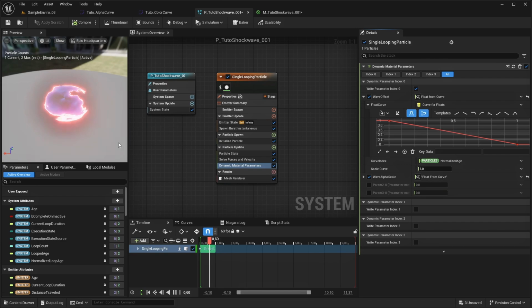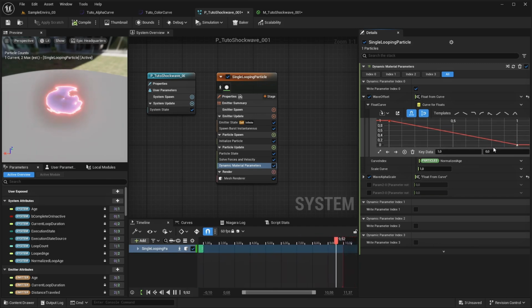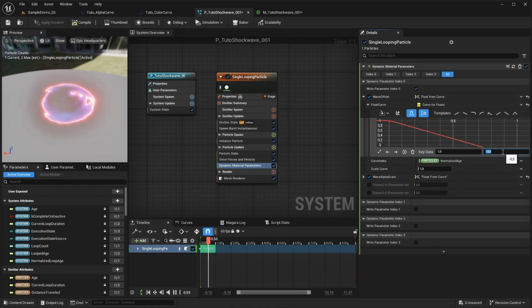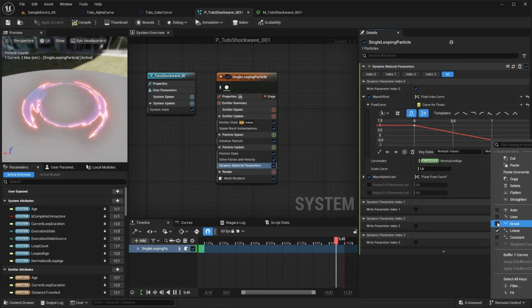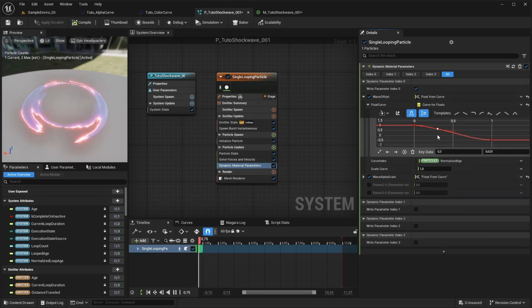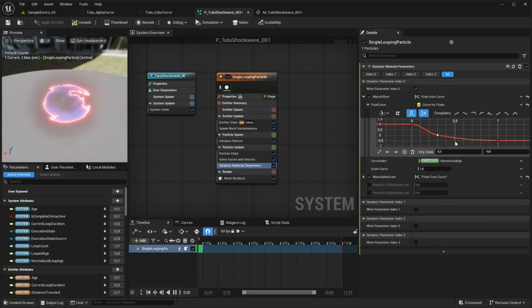And for the offset, we see that the shockwave doesn't finish traveling all around the mesh, so we'll increase the travel distance by taking the last key and adding a value like maybe 0.5. Okay, this one is okay. I will just break my tangent and add a new key to improve the juiciness of the shockwave, just like that. So we now see that it's bouncing at the beginning and then slowing at the end before fade out.